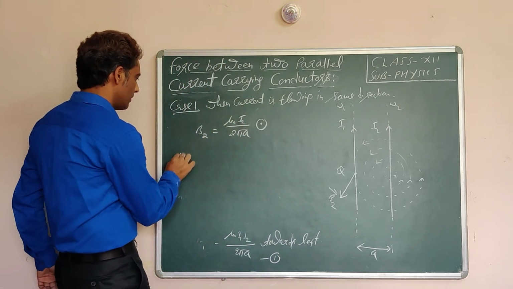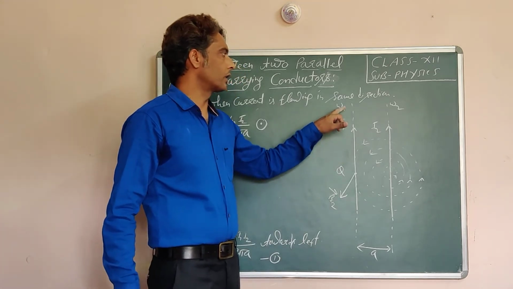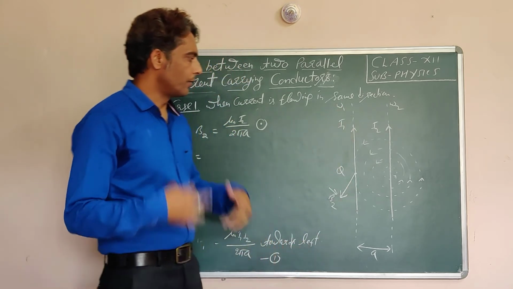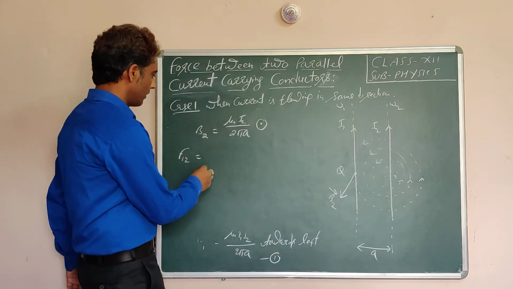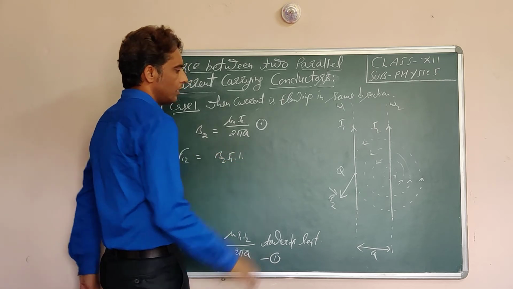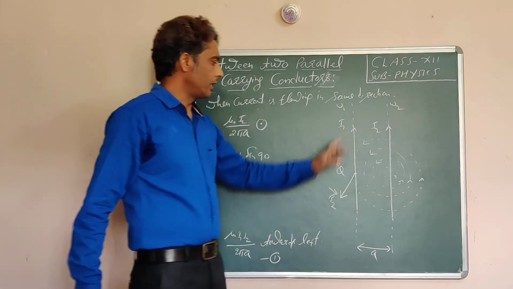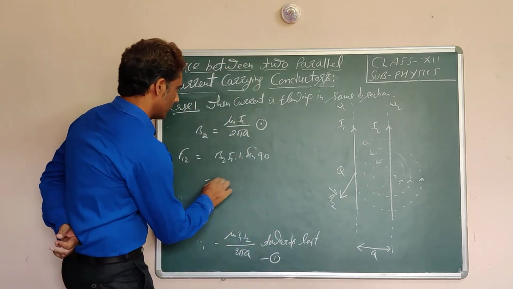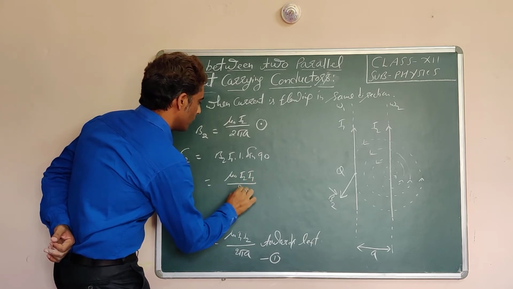the direction of this magnetic field is outward, so that is represented by this dot. Now let F12 be the force per unit length of conductor W1, because it is also an infinite conductor. So we find force only on unit length. So F12 is equal to B2 I1 into 1 into sine of 90, because the angle between I1 and this B2 is 90 degrees, because it is directed outward. So that is equal to mu naught I2 I1 over 2 pi A.